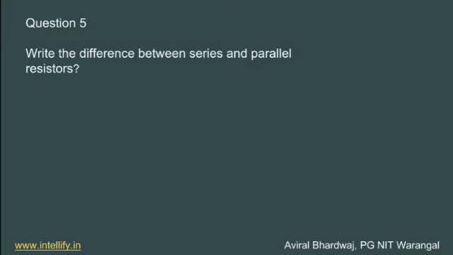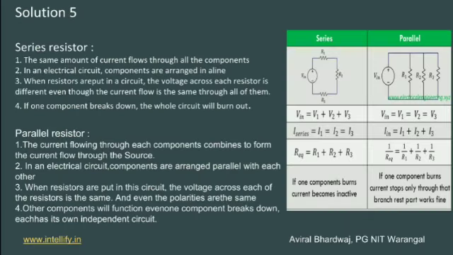So the next and last question is: what is the difference between series and parallel resistors? It is a physics question, a very important question. So what is the work of a series resistor? In a series resistor, voltage and current flow and the resistance is in a series combination, not one by one. It's a continuous series, like 1, then 2, then 3, then 4.